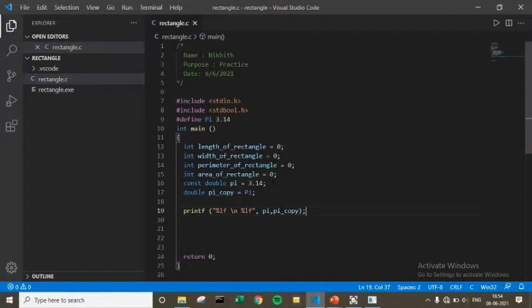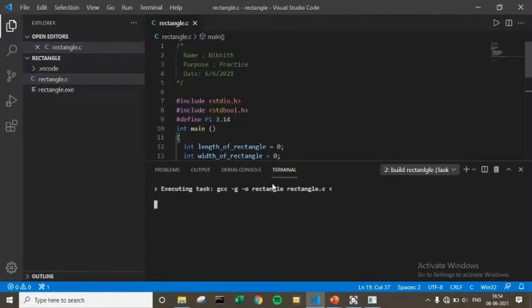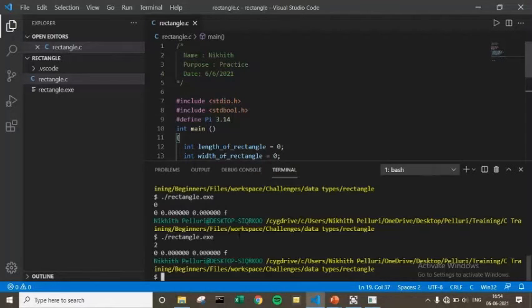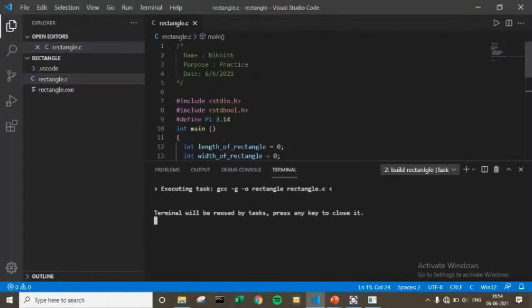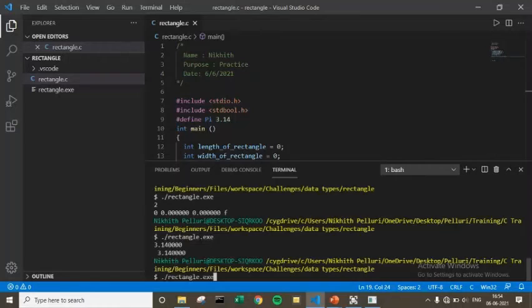So let's save this and run it. 3.14000, and to limit this, let me add dot. Hmm. 3.14.